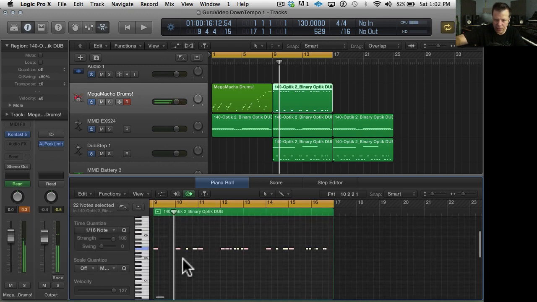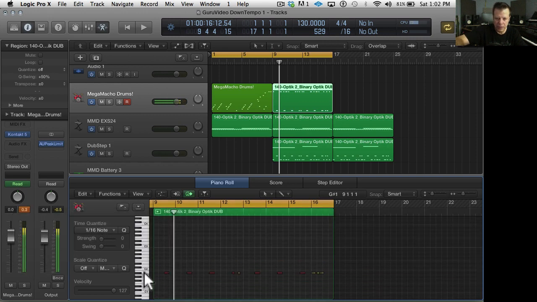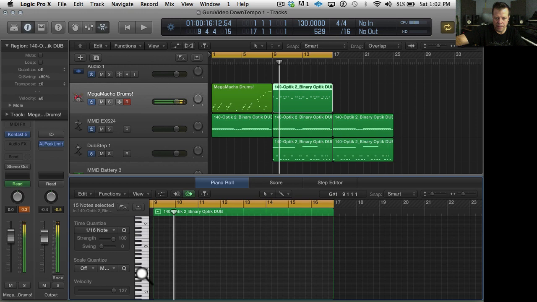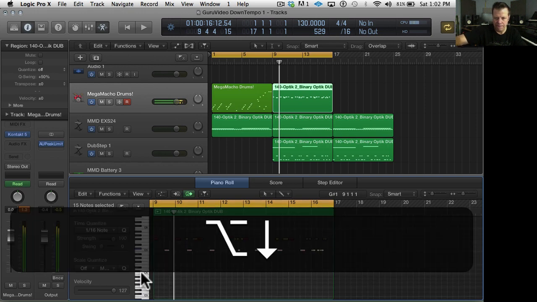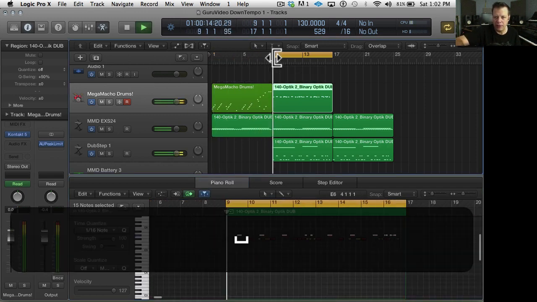Is it F sharp? There's F sharp. There. So if we just want to hear it real quickly right there to make sure the groove's right.